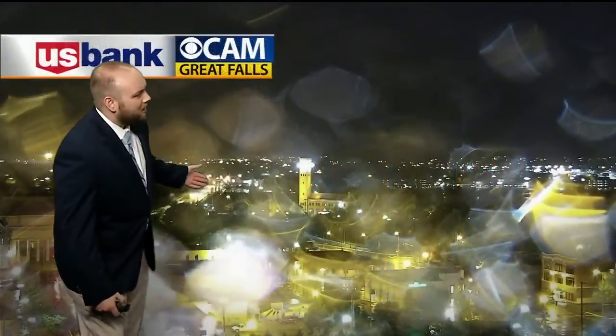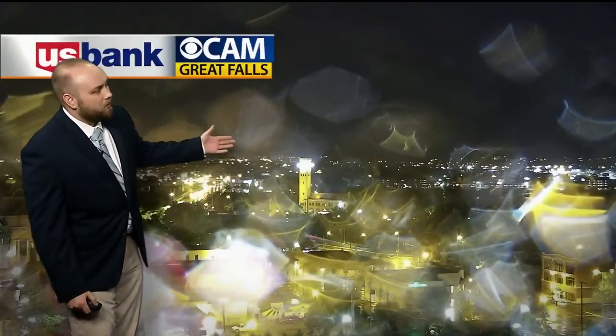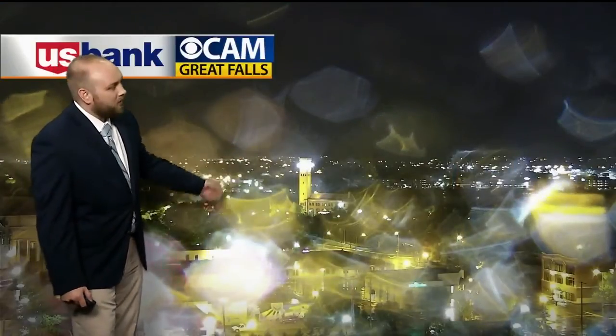And just take a look at this. I love how the water droplets really scatter the light in Great Falls. It looks beautiful. Now, as we head throughout the next couple of days, temperatures again will fall down to 58